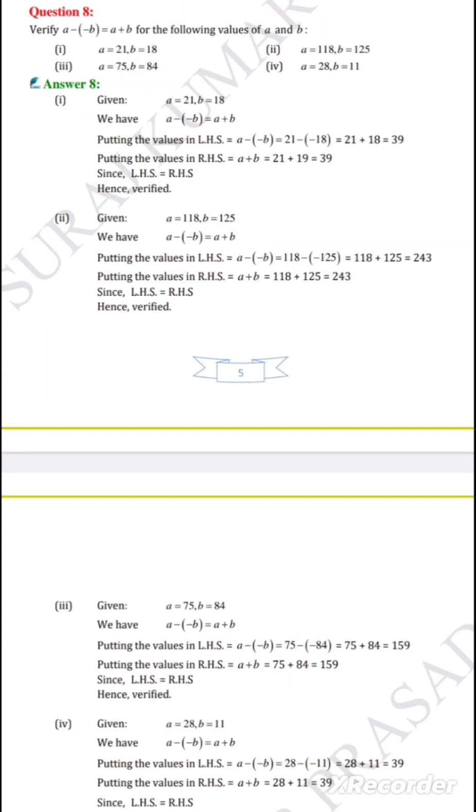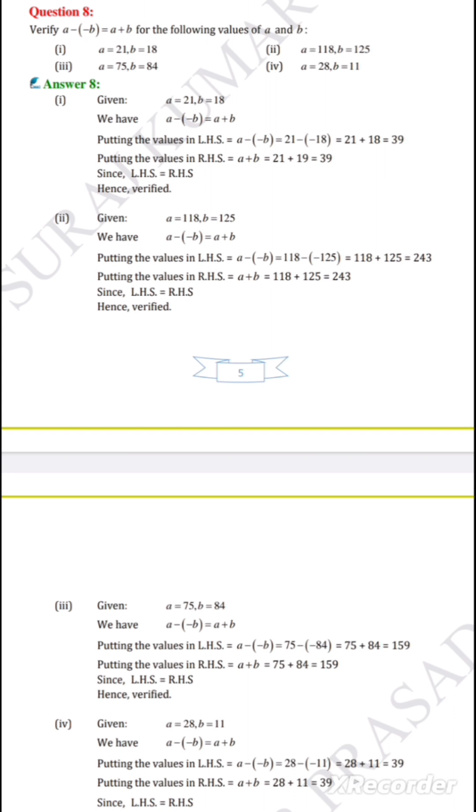Question number 8. Verify a minus b is equal to a plus b for the following values of a and b. There are some values given of a and b. We must put the values in this equation and prove that LHS is equal to RHS. And let's start. Given value of a is equal to 21, b is equal to 18. We have a minus b is equal to a plus b. Putting the values in LHS, a minus b is equal to 21 minus 18